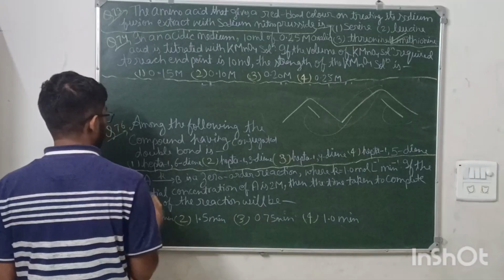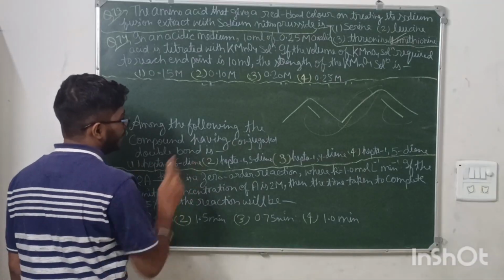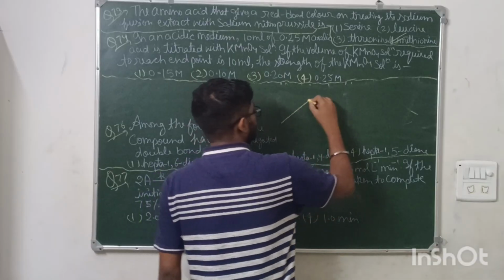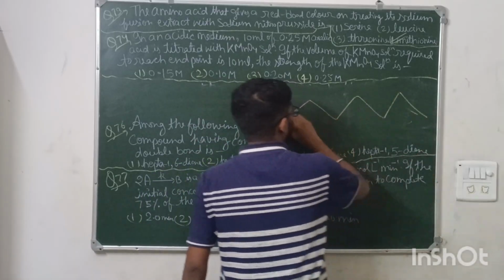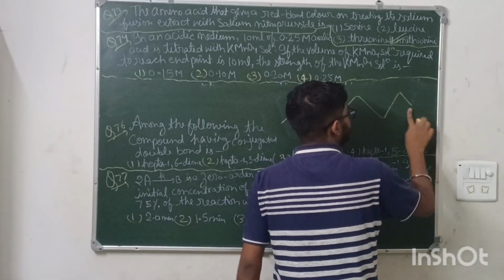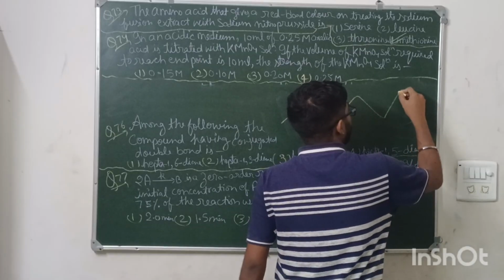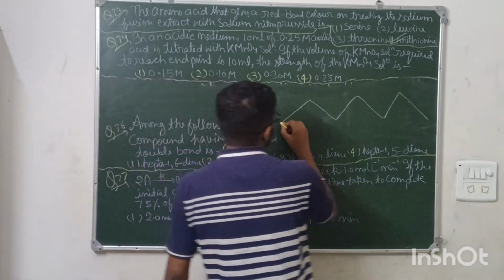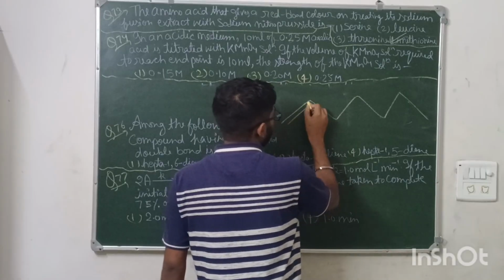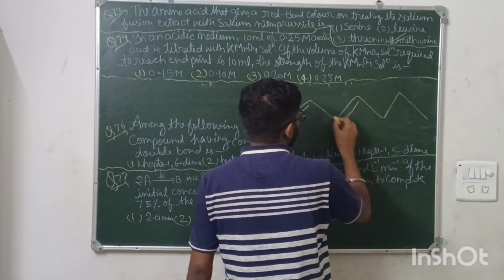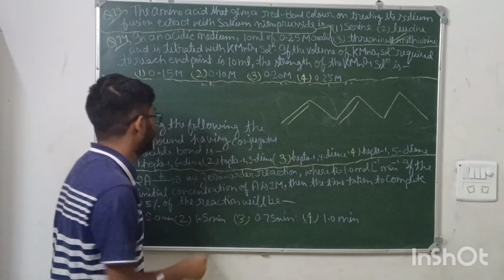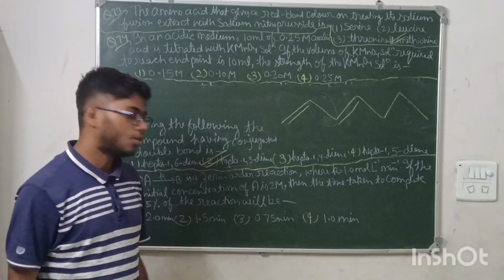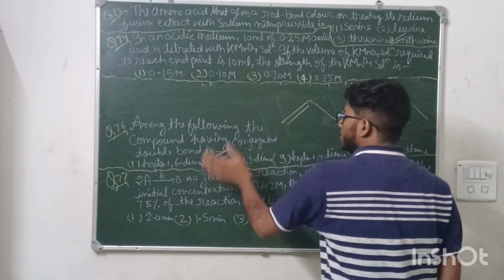So you can see here, hepta-1,6-diene. No, hepta-1,3-diene. How? See, hepta means 1, 2, 3, 4, 5, 6 and 7. Hepta-1,3-diene: 1,3 means 1, 2, 3, 4. They are separated by a single bond. So option number second is the answer. It has a conjugated double bond. Now this question is also solved.